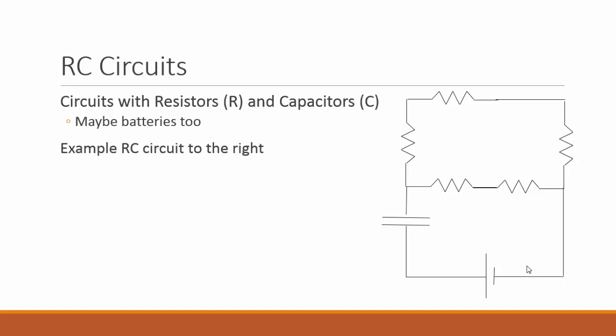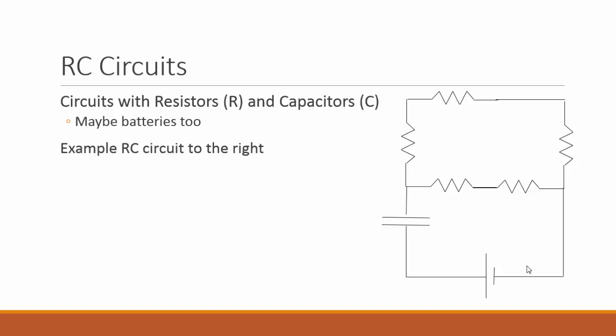for their relevant property. So what I mean is R stands for resistors with resistance, C stands for capacitors with capacitance, which is capital C. So this is a resistor capacitor circuit. It has resistors and capacitors both together in that circuit. You sometimes have batteries in there too, that can be or cannot be included,